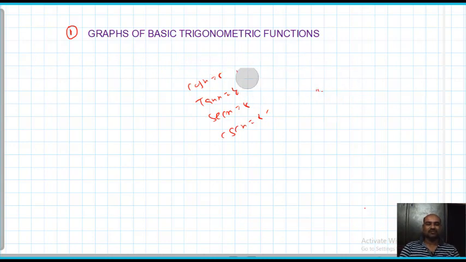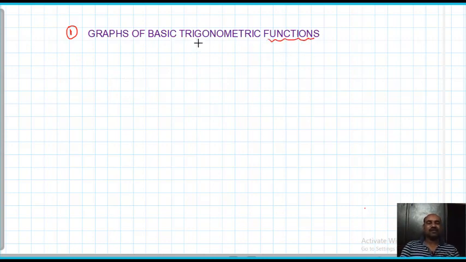First of all, I want to explain one thing, that is what is meant by functions, and after that trigonometrical functions. Function in mathematics does not mean a party or that type of function. No, this is mathematical function. Mathematical functions are different from general functions. Function in mathematics means the relationship between two unknowns.